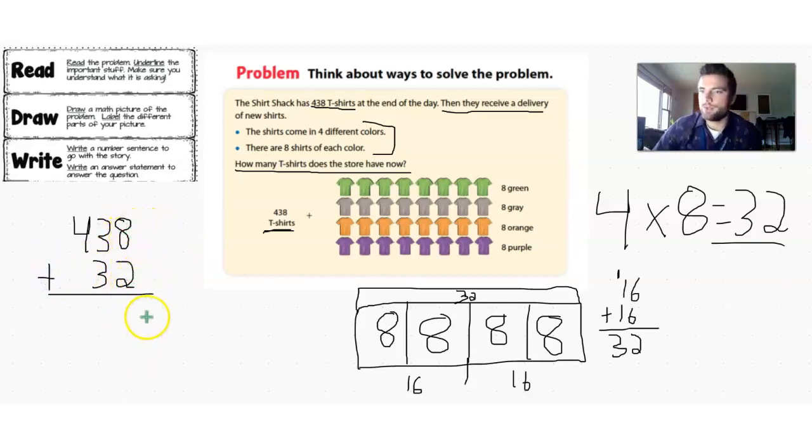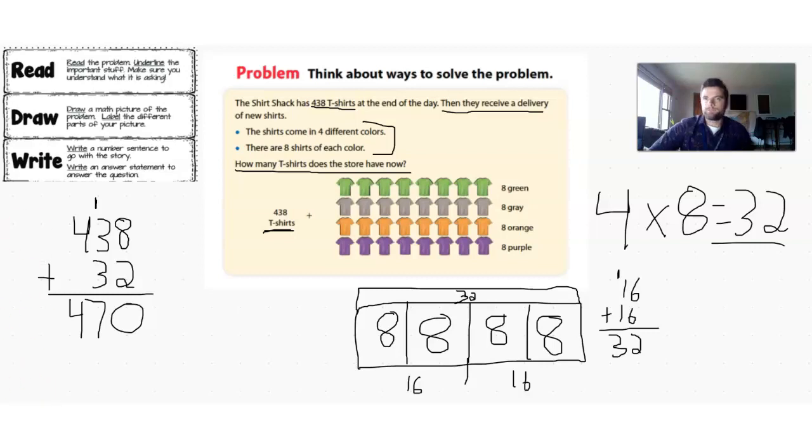So we have 8 plus 2 is 10. Put a 0 here. Bring a 1 over in the 10's place. Then we have 1 plus 3 is... Actually, you know what? I'm going to do it the other way. I'm going to do 3 plus 3 is 6. Plus another 1 is 7. And then 4 plus nothing there, that means we have to just bring that down. And we have 470. So the answer to our mystery here, how many t-shirts they have now, we would write